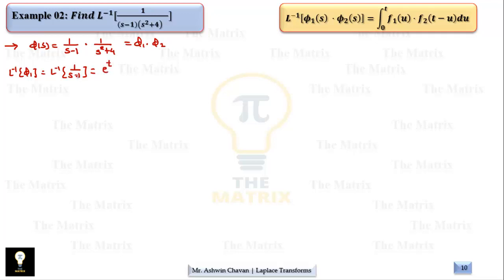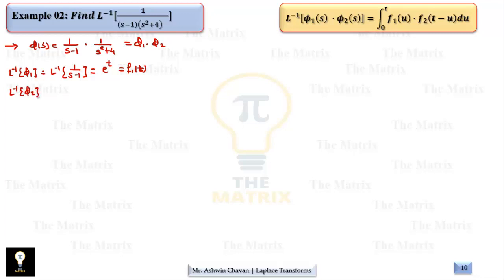So s minus 1 here, then we have plus 1t. If it is s minus 2, we have e raised to plus 2t, like that. So this is our first function, that is f1 of t. It is up to us whether to take this function as phi 1 or this function as phi 1. Okay, as they are in product form, there is no change.